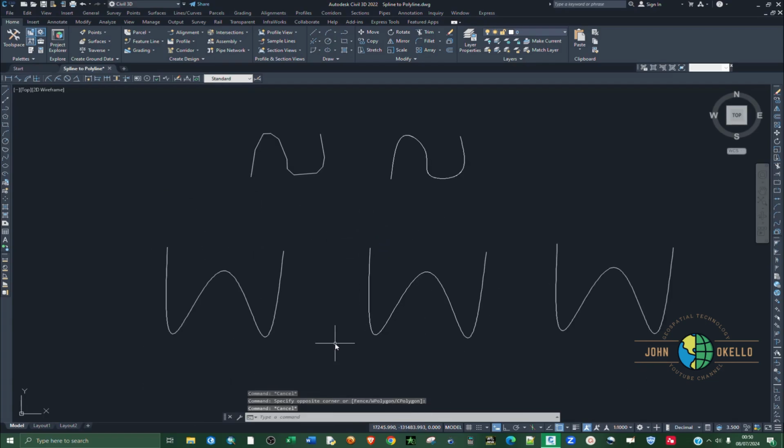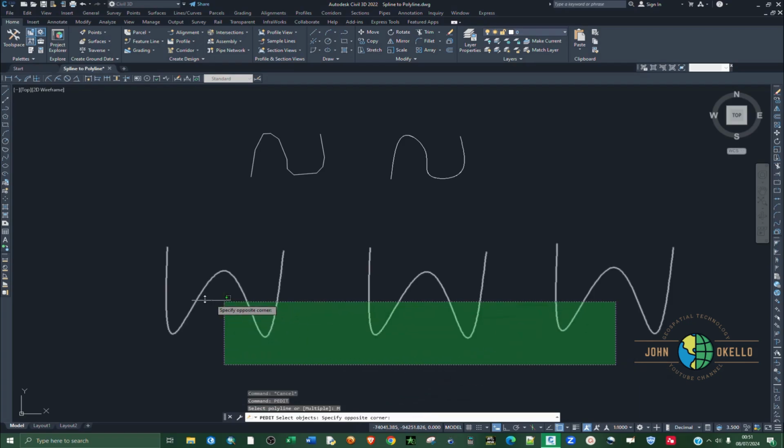Now if you want to convert multiple splines to polyline, you need to activate the pedit command. Just type pedit and you hit enter. And then in the command line you need to specify that it is multiple. Now you can either type M, just type M, or just select multiple and then select the